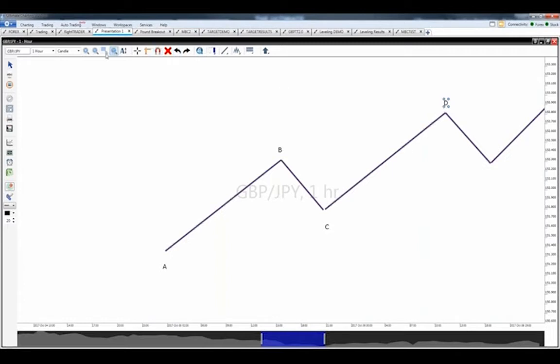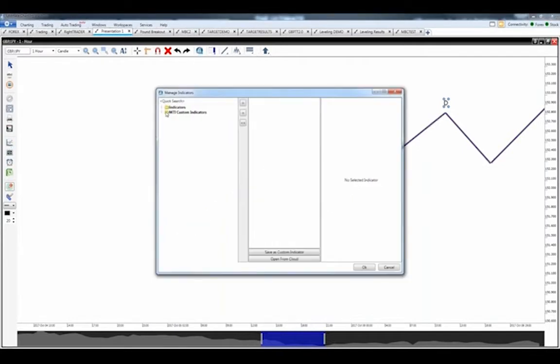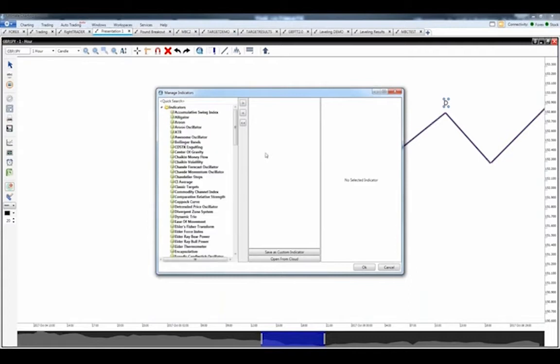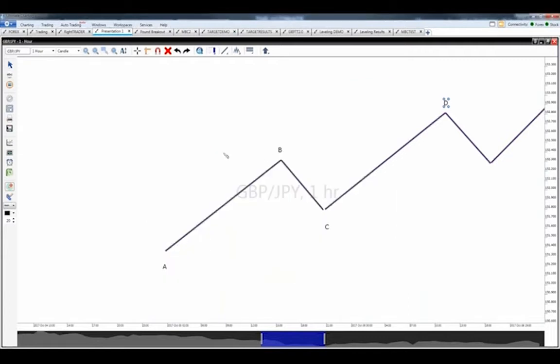Now, embedded in all of our software here, and this is the ultimate charting software, our own proprietary software I was telling you about before, we've got all of our different tools and indicators built right in, a lot of our smart tools, all of these different indicators over here. We've got our own custom indicators all right here. This is all built into our proprietary software. The tool I'm going to grab right now, though, is called my